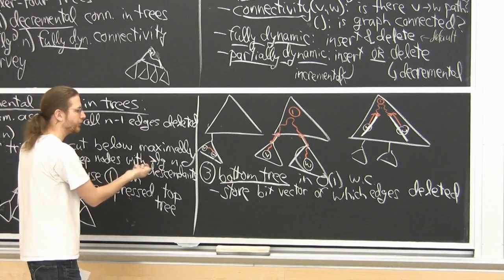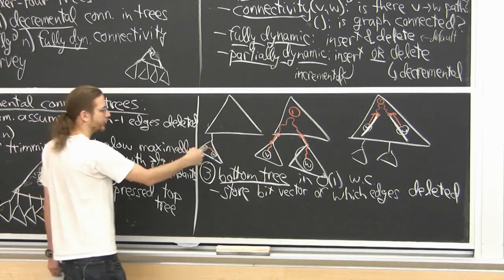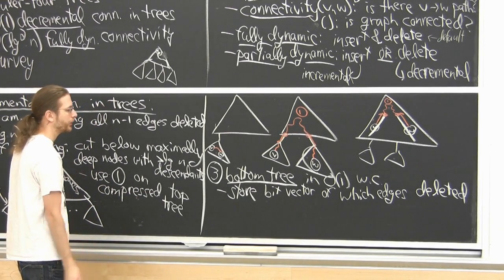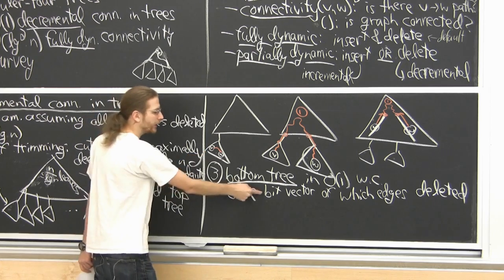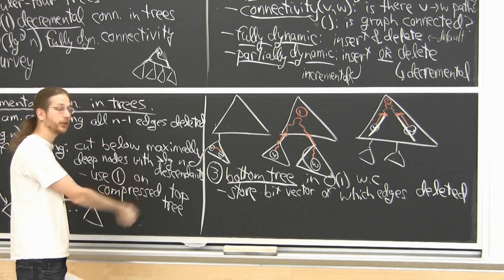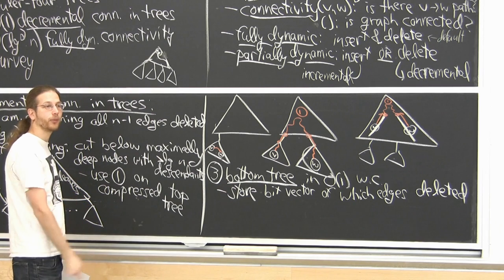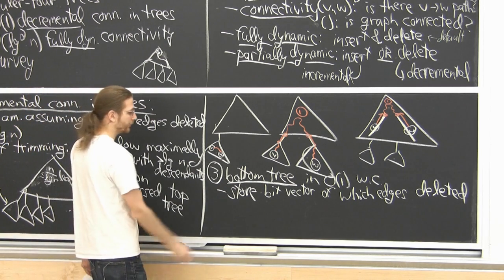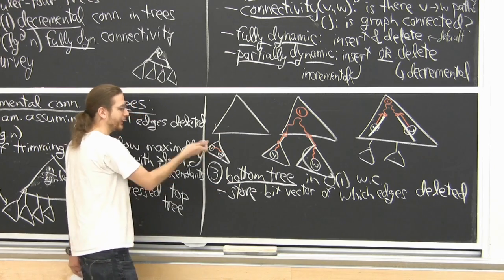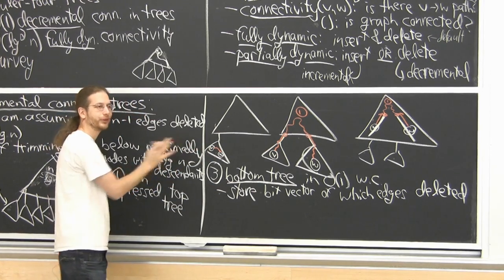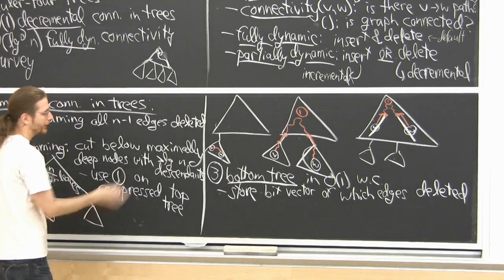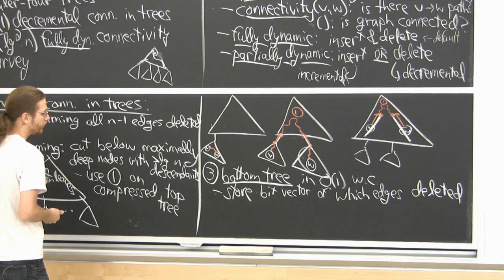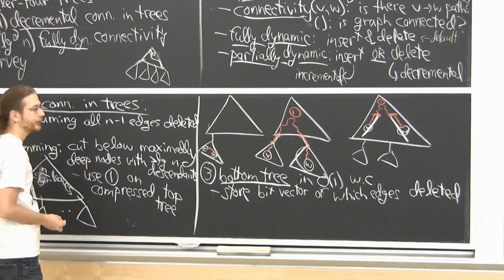And say every edge knows its sequence. So you could do like a depth first search at the beginning to label the edges in some canonical order, and then every edge knows what its bit position is in the vector. So when I go to delete an edge, I just set that 1 bit using an OR operation. Cool. So I can delete edges. I could actually even insert edges down here that used to exist. I could undelete an edge, but that only works in the bottom structure, so not generally useful. Okay, so it's clear how to do an update, how to do a delete. I just mark a bit.